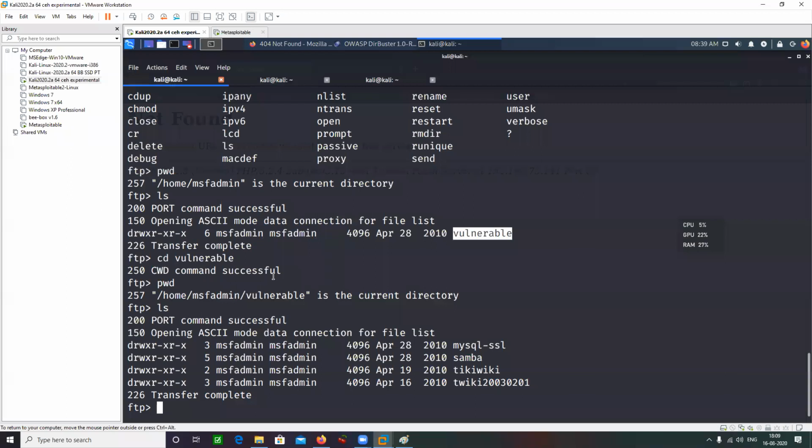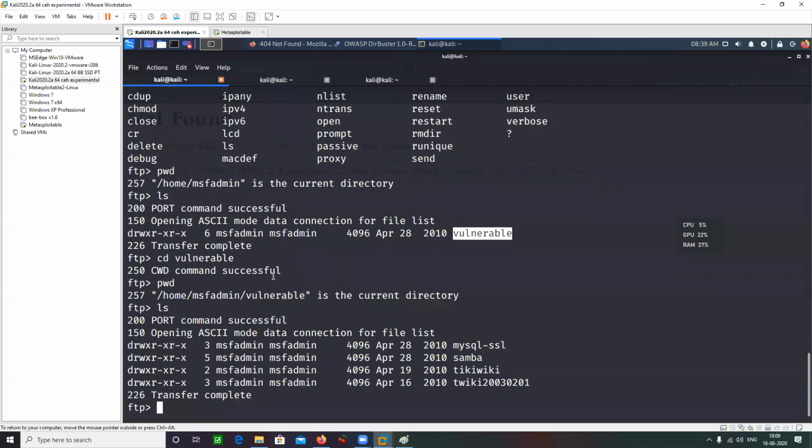So by the name, do you guys identify these things? Have you guys heard about them? Yes. Where? In our HTTP enumeration, right? In HTTP enumeration, we saw that these are certain applications which are installed on the web server. TikiWiki is there. Wiki is there.